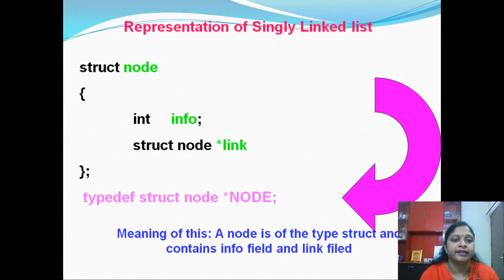But what is the data type of that pointer? Structure type, because each and every node is of type structure. That is why in the definition of struct node we have two parts: the info part, where we store the actual data, and the link part, where we store the address of the next node. So this is how we can create a node using code.